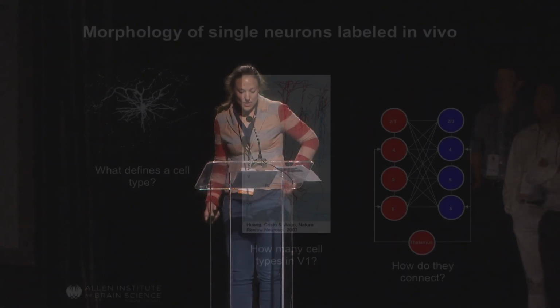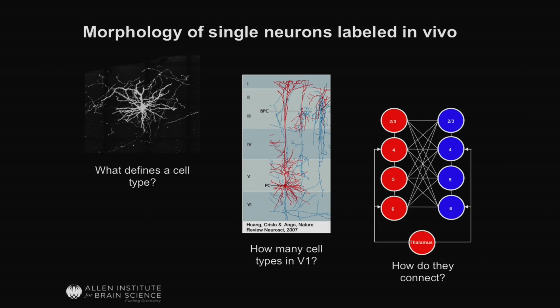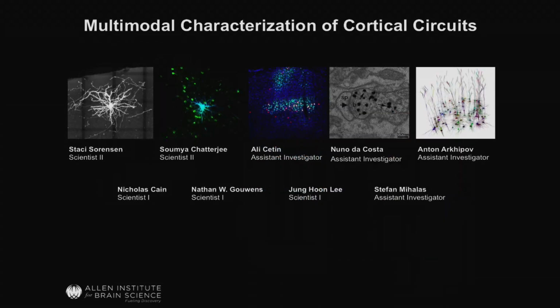there we go. So I'll start things off by talking about the morphology of single neurons labeled in mouse visual cortex in vivo. And the data that we generate for this project should be very helpful in helping us to answer some of the questions that we were really interested in here at the Allen Institute, such as, oh gosh,